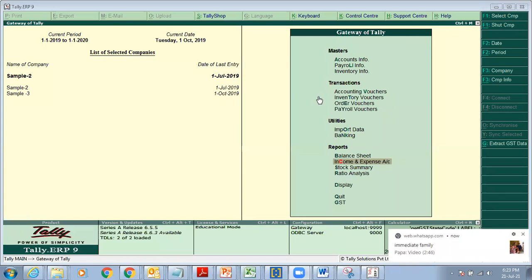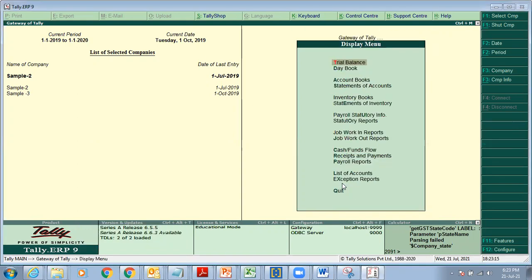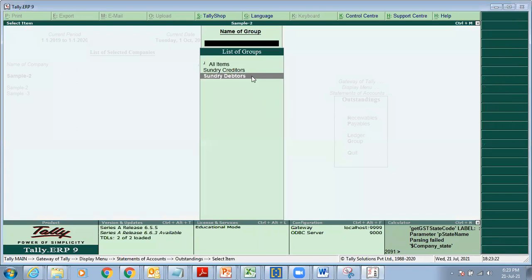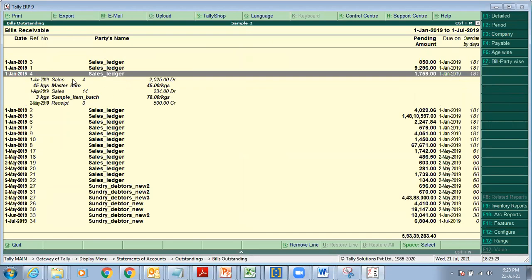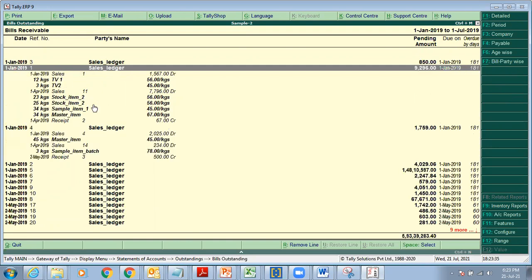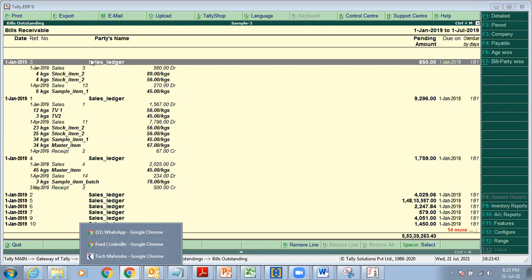Okay. See, ma'am, I will show you something here. This is my display. This is my statement of accounts, right? Outstandings, right? Just for making this consolidated report, it takes months many a times, because they don't know which one is it. So they don't know the complete history. You have given them complete history here. This is a report and a sub-report in Tally. He's clicking and then it's a sub-report. But here, this is basically saying this bill reference number, party ledger name, outstanding for how many days, right?